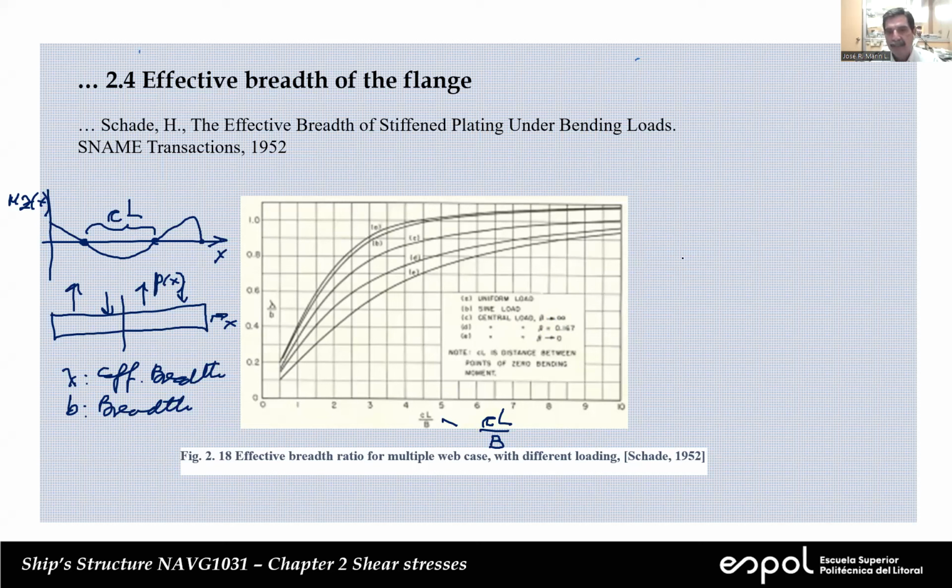This beta factor depends on the geometry of the section, and this is defined. Don't worry, we are not going to use, well, we can use some of these, but I will show you some more practical way to evaluate this in a minute. If there are no questions, then we're going to take a 5-minute break, and when we return, we can say a couple of words more about this, and then I'm going to show you how we can find